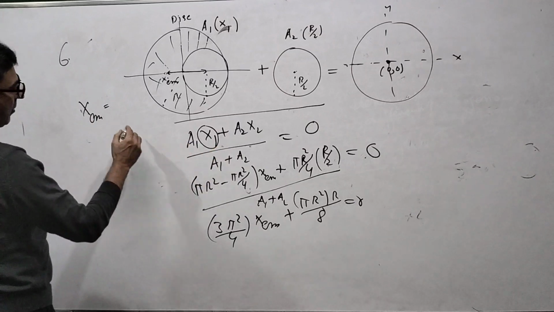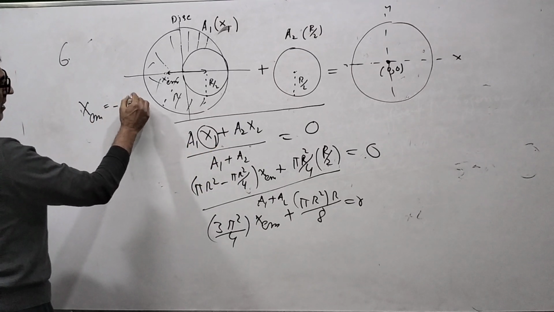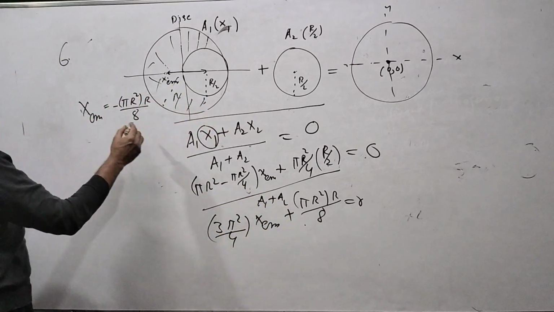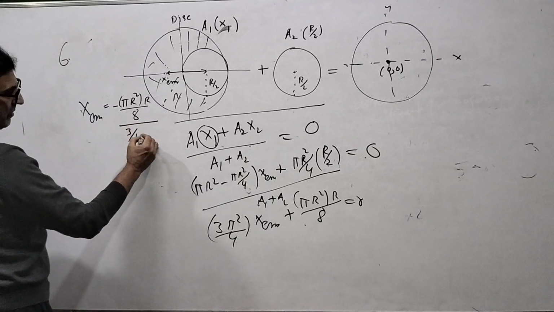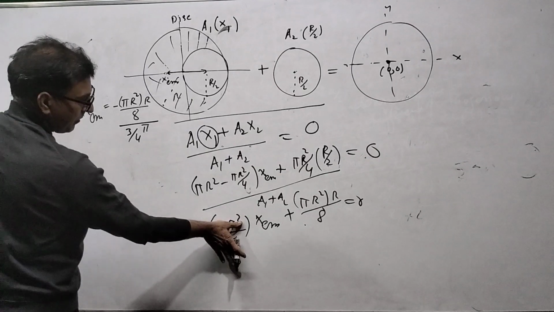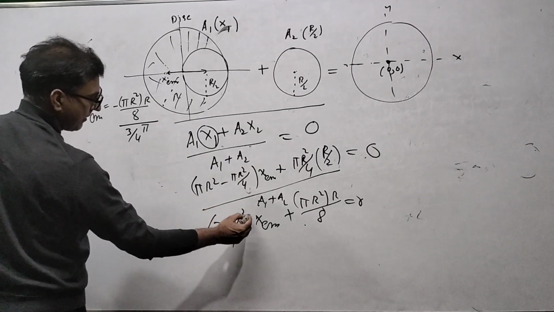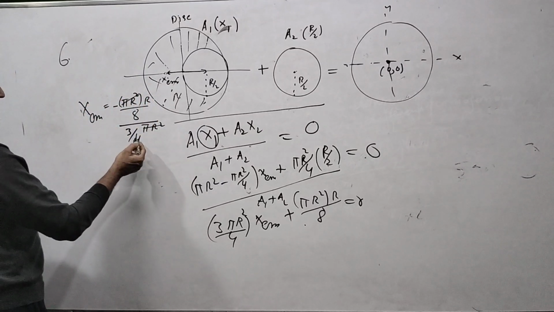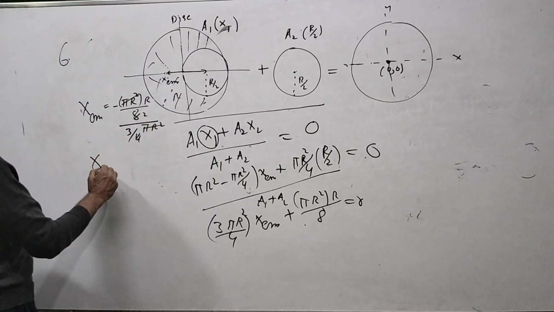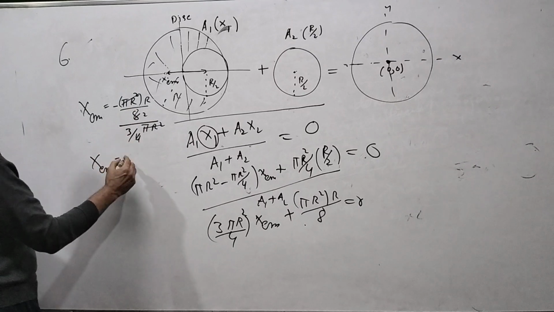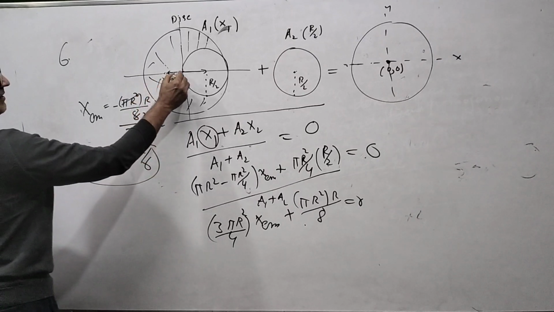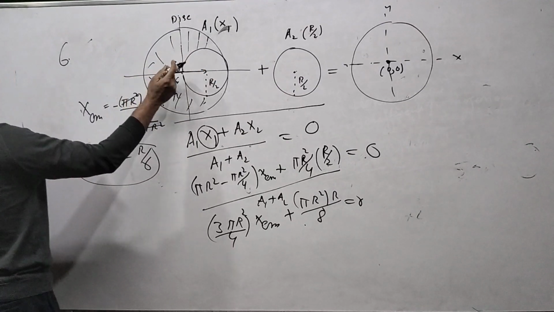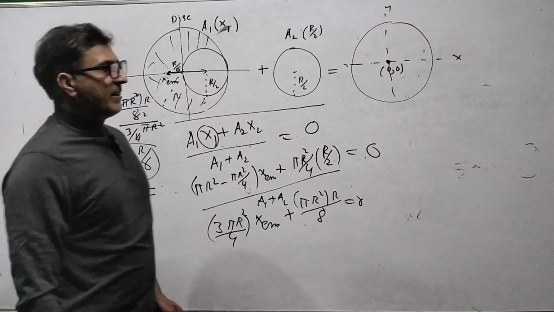तो एक्सियम किसके बराबर, एक्सियम is equal to वहां हो जाएगा माइनस πr² इनटू r/8, ये वाला शिफ्ट करके डिवाइड होगा ये 3/4 πr², ये खत्म होगा, r ऊपर रहेगा, 4 ऊपर होकर के यहां 2 हो जाएगा, सो एक्सियम is equal to r/6, माइनस r/6। तो इसका ये है, ये जो सेंटर ऑफ मास है r/6 to the left because of negative sign, ये ऑरिजिन है तो लेफ्ट की ओर शिफ्ट हो गया r/6। That is the answer. ये टेक्निक आपको सीखना पड़ेगा।